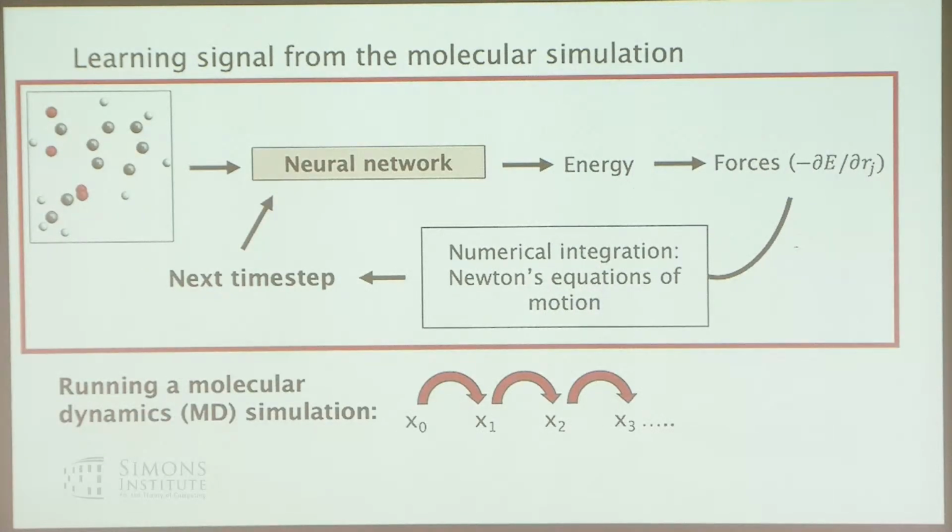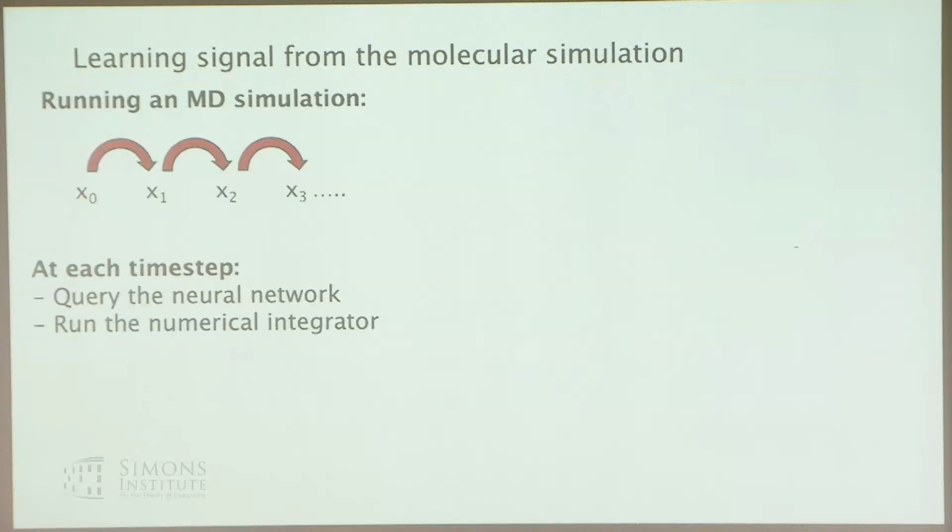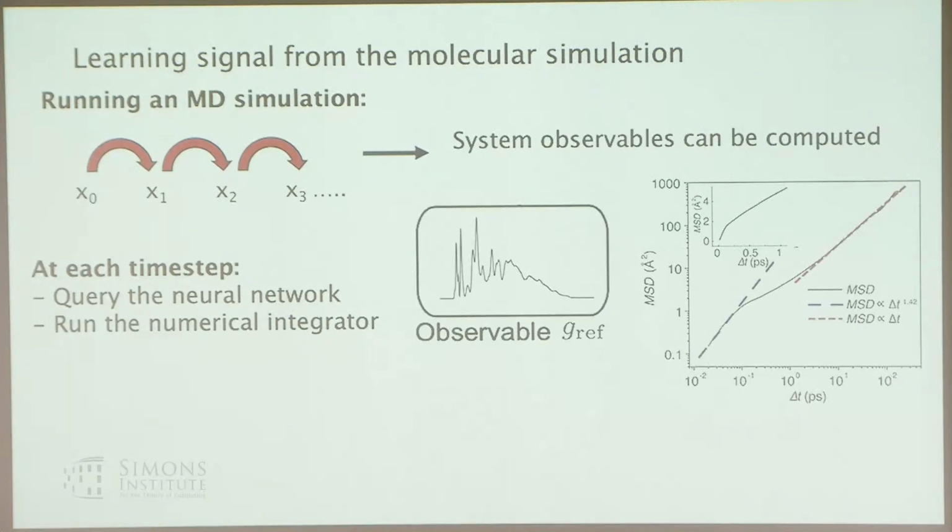So if we take everything in the red box here and run this MD simulation, unrolling it for many time steps, you can assume a million time steps, maybe more. At each time step, we query the neural network, run this out, and then we can compute system observables about these systems from that trajectory. Of course, if the simulation is not a good one, these observables are probably inaccurate, but nevertheless, we can, in theory, compute these observables.